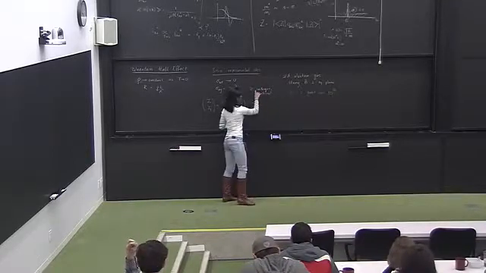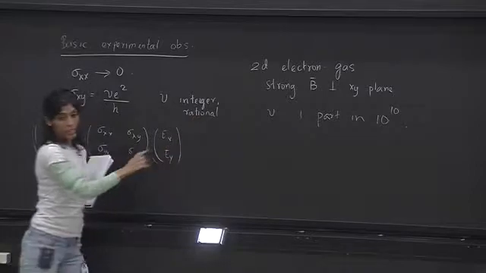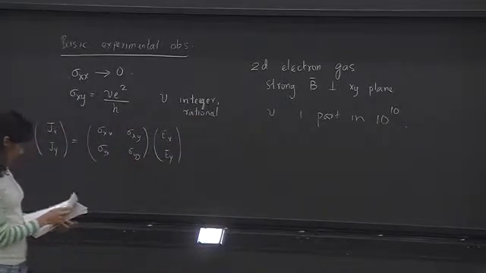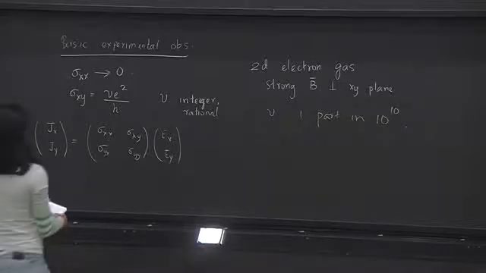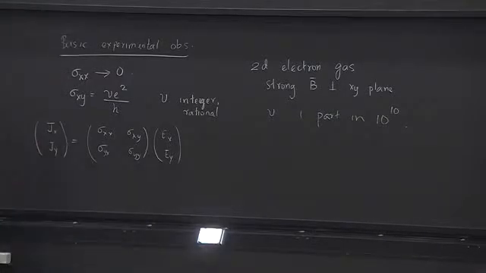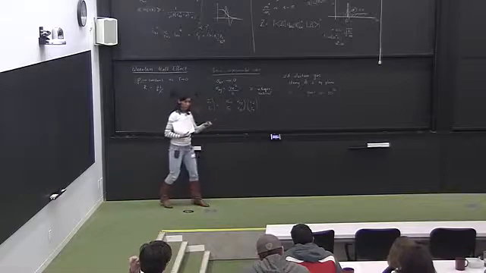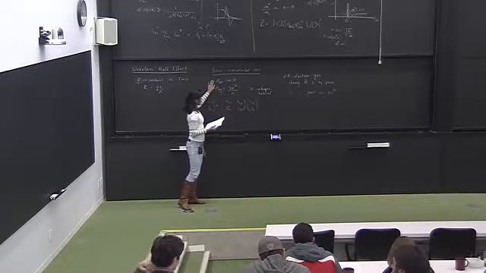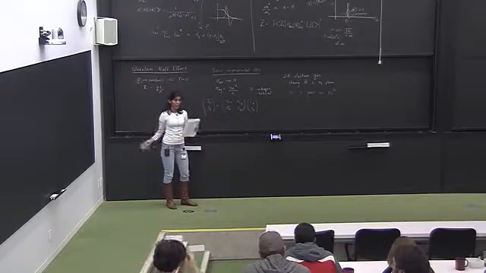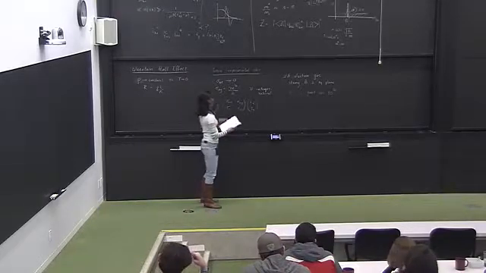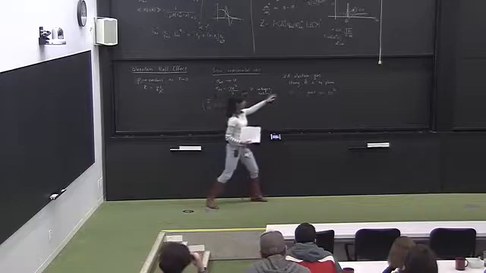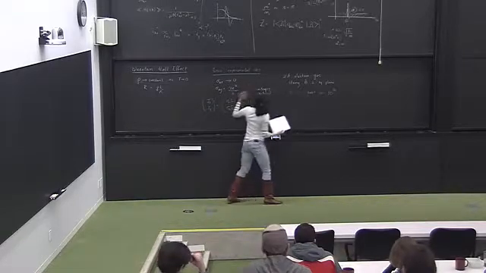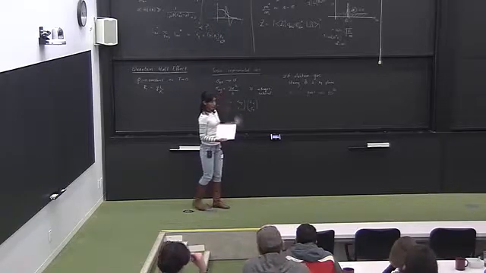It's quantized to be either an integer or it's quantized to be a rational number. Okay, so this will come to the data that I've distributed in just one moment, and this will make a little bit more sense. But I want to emphasize that this behavior is independent of sample, independent of material, independent of the amount of disorder, the particular value of the magnetic field. And this is known as the quantum Hall effect. Okay, so